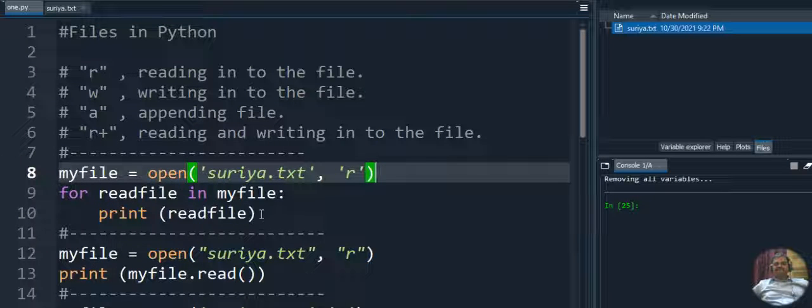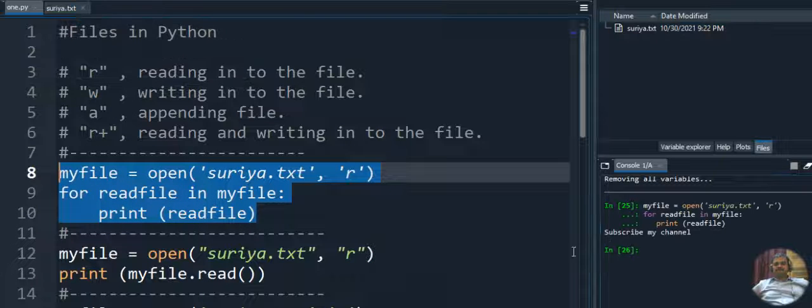Okay, so let's execute this code so that you can see the output. I am executing this code. You can see "subscribe my channel". This is the content I wrote inside the file, and that was the output here. What you have to understand from the first code is how to open the file: the file name, comma, and which mode, read mode or write mode or read-write mode. That content will be stored in a variable, and with that file reference variable we can read the content with a for loop. Each and every string it will access, and that will be displayed as output here. I hope you understand the first code.